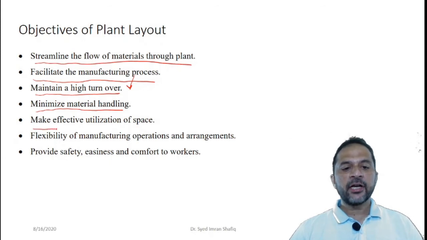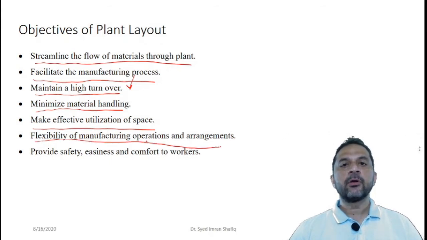Make effective utilization of the space that is available to us. Flexibility of manufacturing operations and arrangement: if you want to make certain changes according to the process or a product, it should be flexible also. And it should have sufficient safety and comfort features for the workers. So these are certain objectives of plant layout.